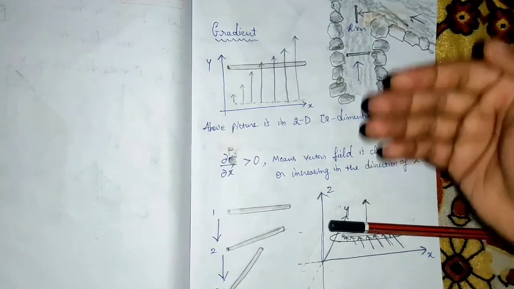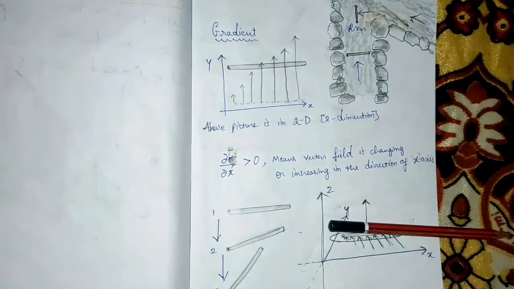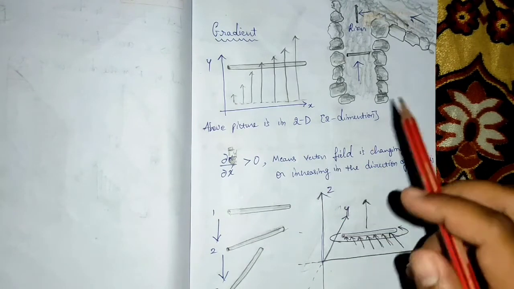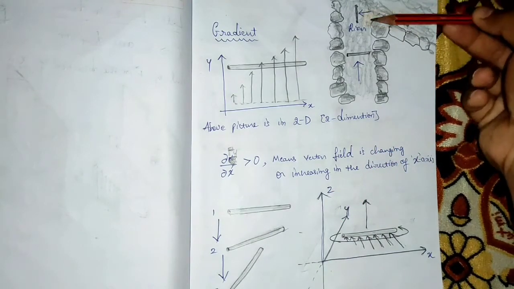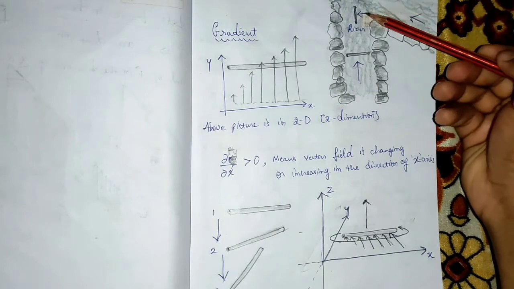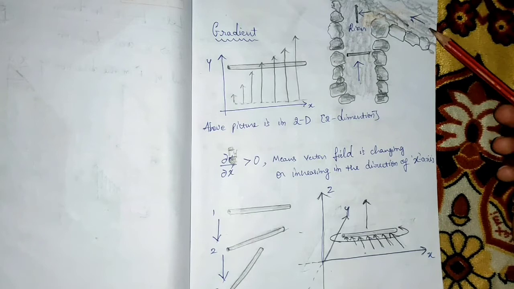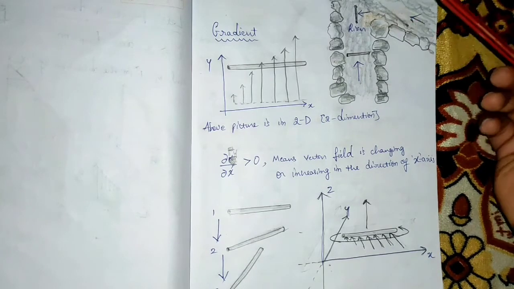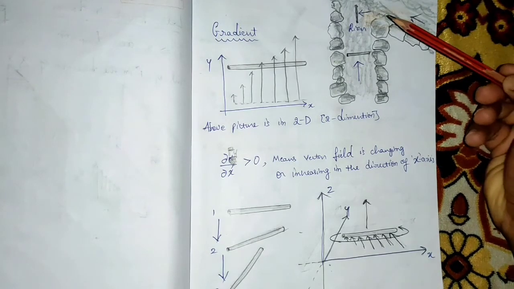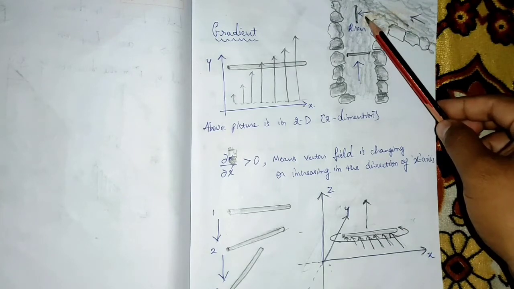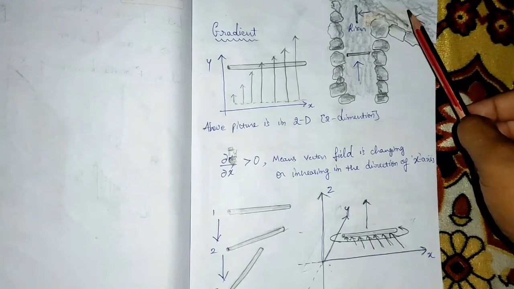As the stick moves forward, the stick will rotate anti-clockwise. Now you need one more gradient, which is along this direction, represented by this curve. Suppose there is a river flowing, and one more river is joining this river at this point. Because of that, there will be a gradient. So assume that there is a gradient of force here.